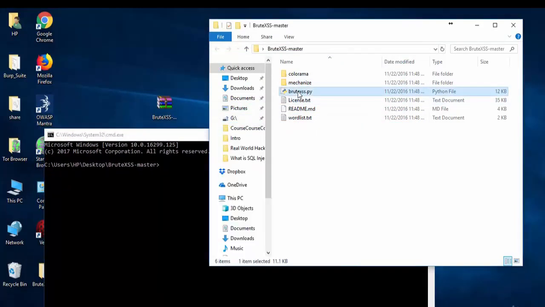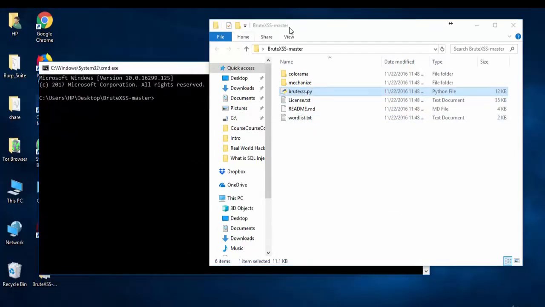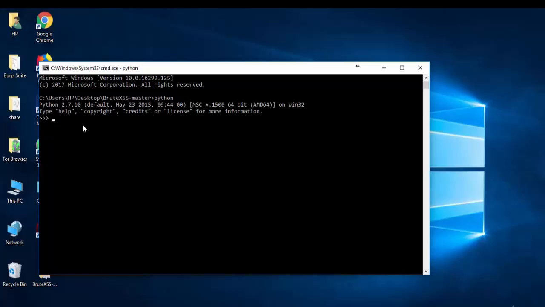To use this tool, you need to be sure that you have Python installed on your computer. You can check if you have Python or not by typing the word Python in the command line and pressing enter. If you got something like that, then you are ready to go. Now let's run the tool. Just type python